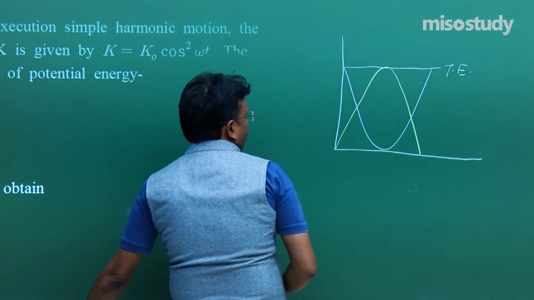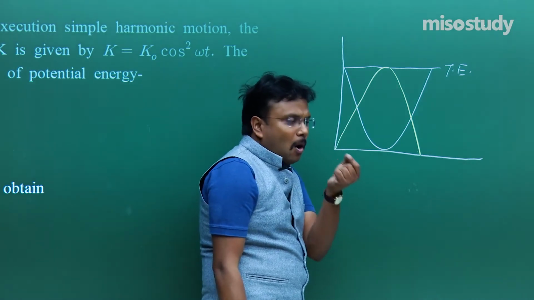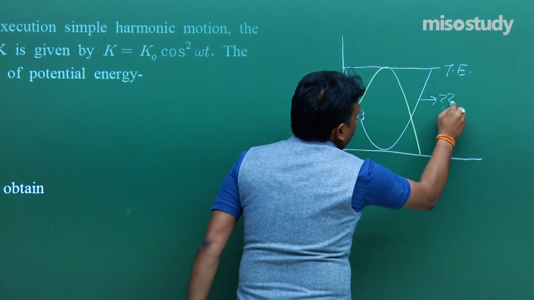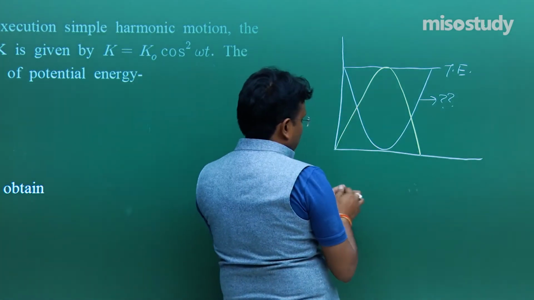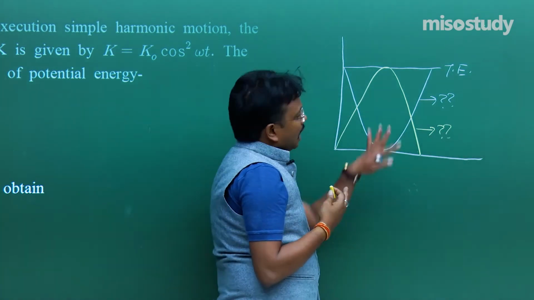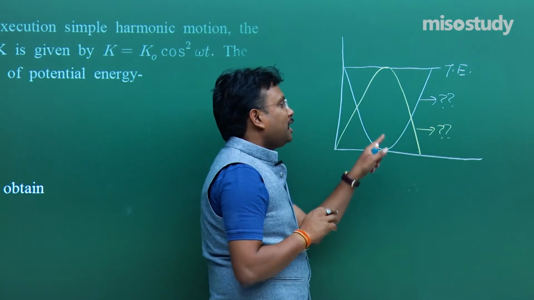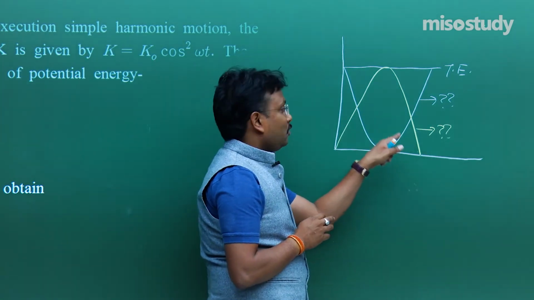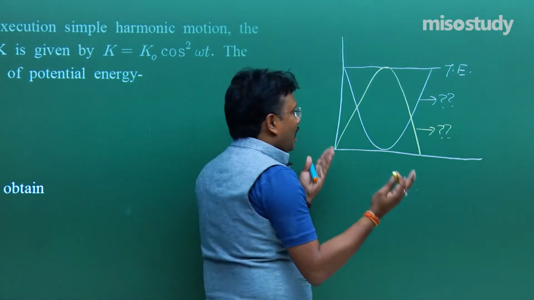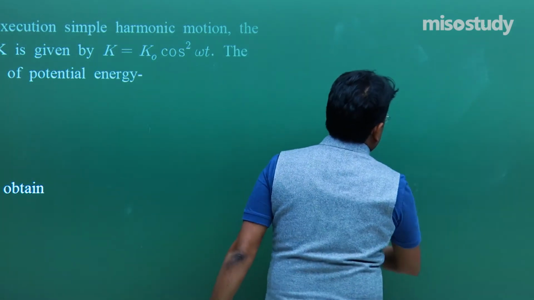Fine. Now, I hope this is clear to all of you, and as a small homework, a small question, my simple suggestion is, what is the name of this white graph and what is the name of this yellow graph? This is something you have to take a look. I explained this concept very properly at that point of time. One is representing potential energy, another is representing kinetic energy. Which one is the potential energy term, which one is the kinetic energy term? You have to revise. Fine. It's going to be a very simple concept, but just for the sake of revision, I mentioned this aspect.